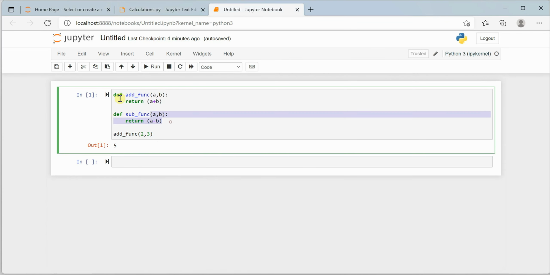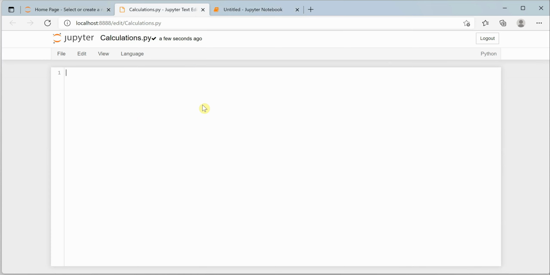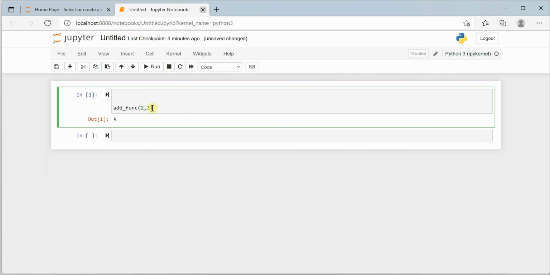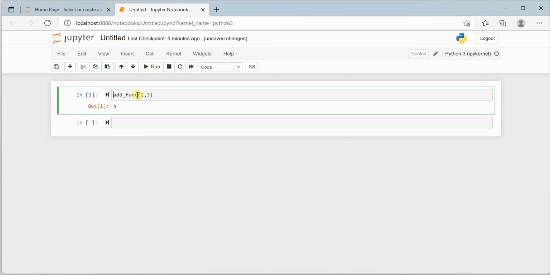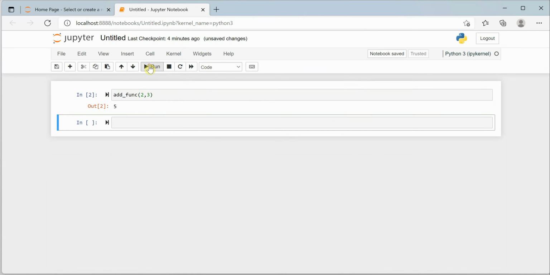I will quickly copy these two functions from here and move them over here. Nothing fancy we have done till now. We have created a new py file and just moved all the functions over there. Let's close it. Let's see if it works.